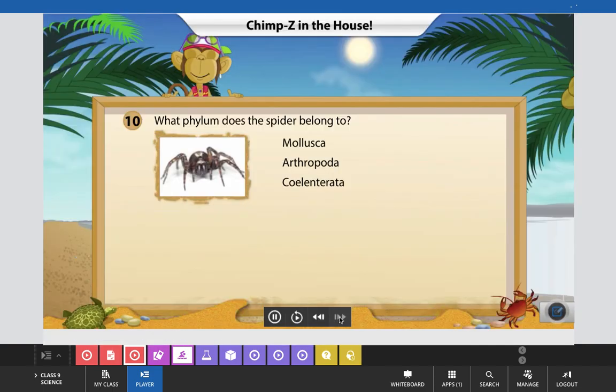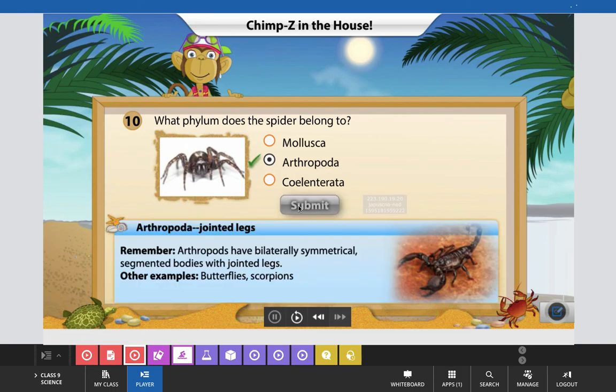Now come to our 10th question. Do you know which phylum this creature belongs to? This is a spider, belongs to Arthropoda. Right. Spiders belong to the phylum Arthropoda, the largest group of animals on Earth. It includes butterflies and scorpions. Now with that, we have gone through some of the interesting questions, and I think today's class, in this we have focused about